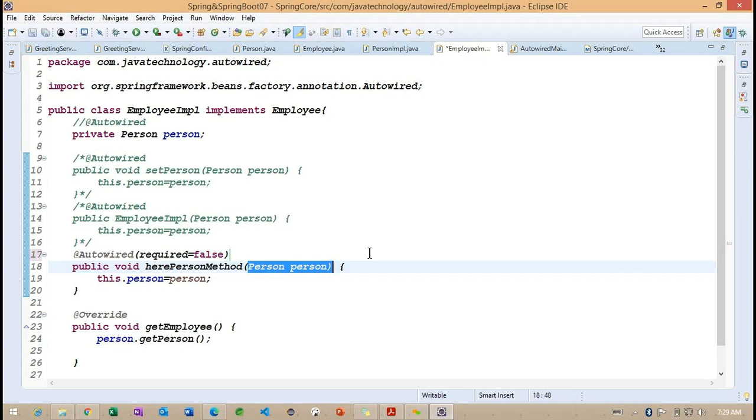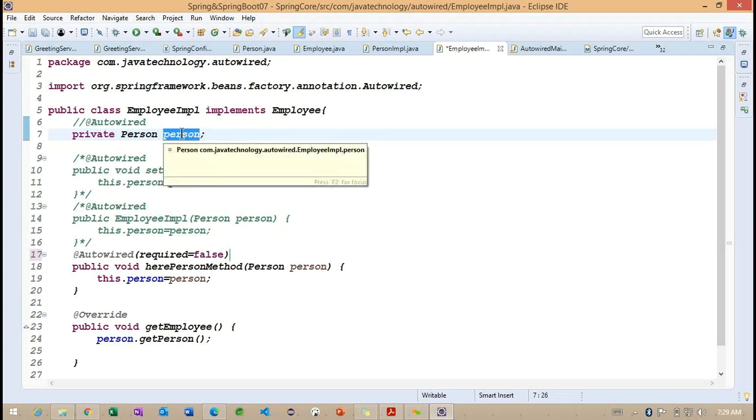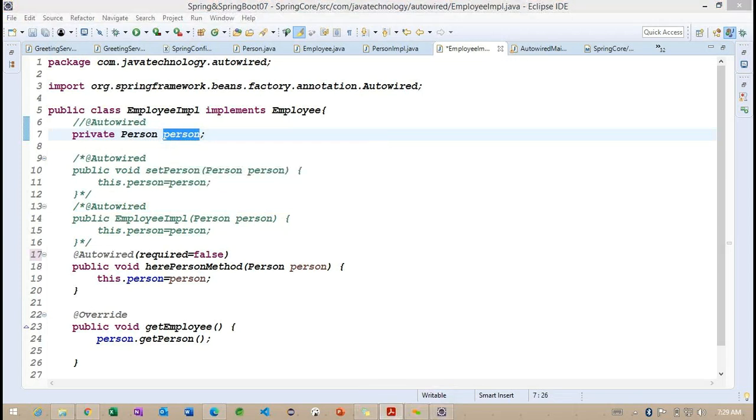Whenever the bean is not found, the bean is not going to be set here. If the bean is not set, as we already identified in the previous example, the reference we are going to get is null. Getting the point. So we need to make this for optional autowiring. For optional autowiring, we can make required false. By default required is true. Whenever we make required false, the dependency operation will not be performed internally.